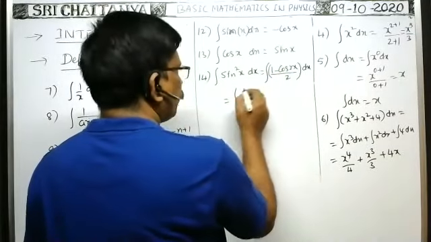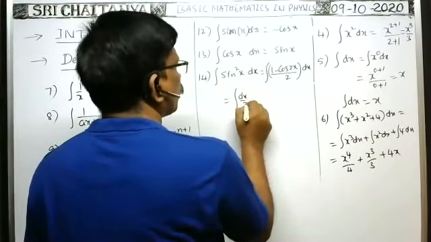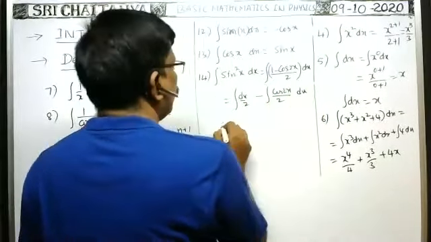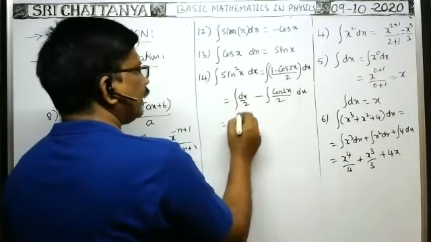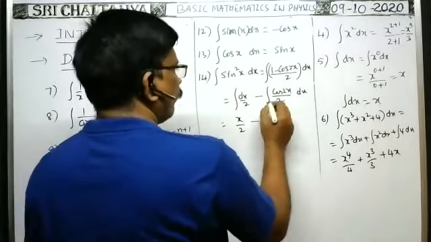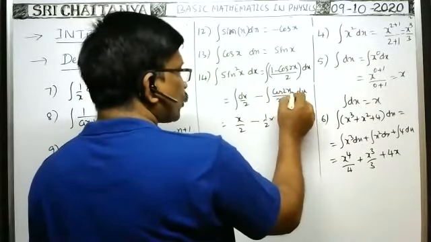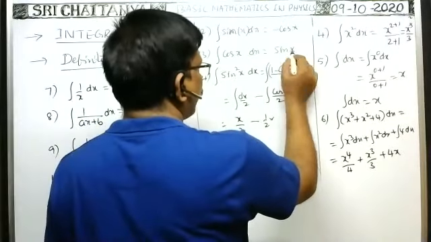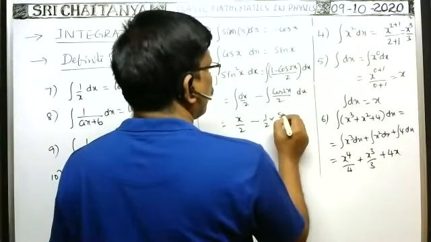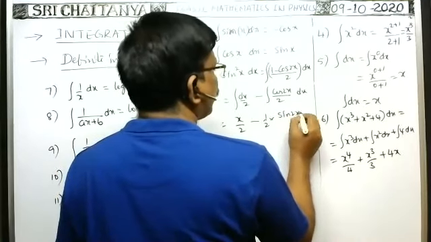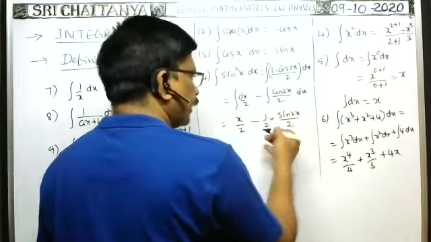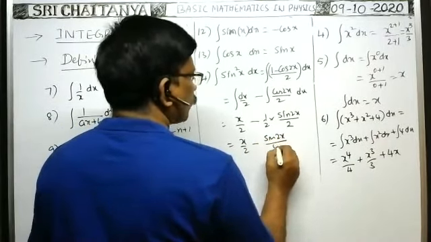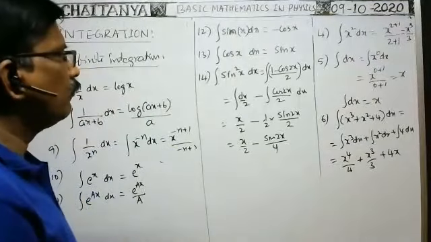ఇంటిగ్రల్ 1 by 2 into dx అంటే dx by 2 minus ఇంటిగ్రల్ cos 2x by 2 into dx. 1 by 2 కాన్స్టెంట్ పక్కన రాసండి. ఇంటిగ్రల్ dx అంటే x by 2 minus 1 by 2 keep aside. ఇంటిగ్రల్ cos 2x dx రావాలి. cos 2x రావాలంటే sin 2x ని డిఫరెన్షియేట్ చేయాలి. కాబట్టి ఇంటిగ్రల్ cos 2x అంటే sin 2x. అయితే ఇక్కడ కోఎఫిషియంట్ ఆఫ్ x 2 ఉంది కాబట్టి 2 తో డివైడ్ చేయండి. Therefore x by 2 minus sin 2x by 4.